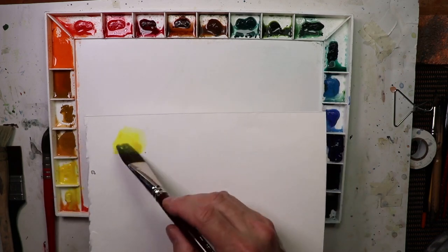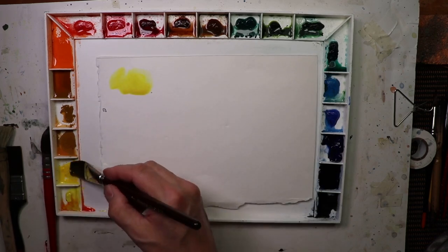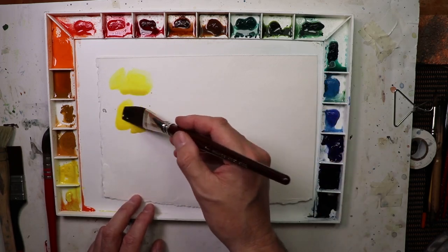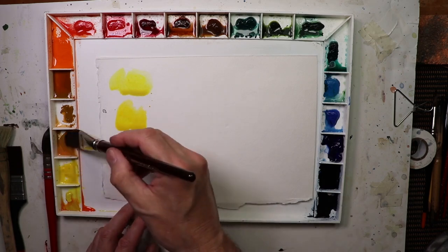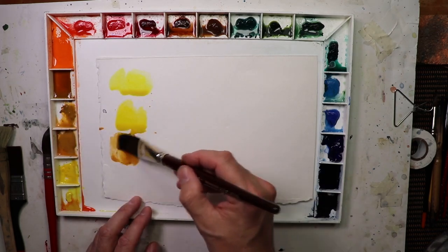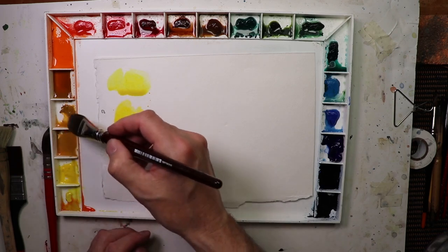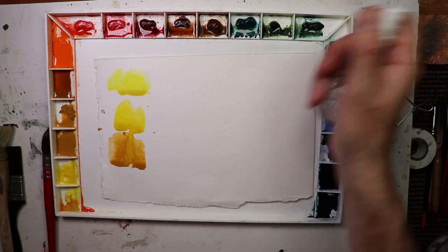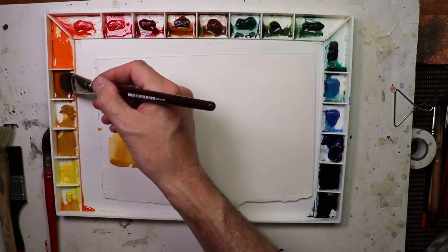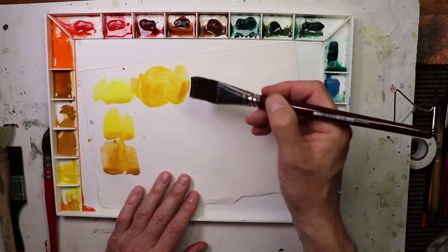So this is going to be your lemon yellow. We could even put this in here. And that's going to be your cadmium yellow, a warm and a cool yellow. And that's going to be your yellow ochre, maybe. These colors have been in the palette for maybe a year, and I just spritzed them with a spritz bottle to reactivate them. Ideally, you want to squeeze out fresh paint when you work. And this is quinacridone yellow